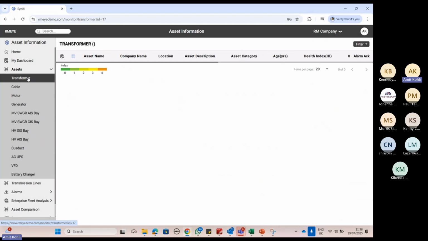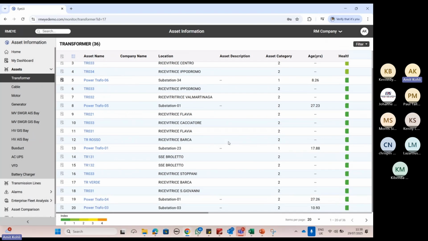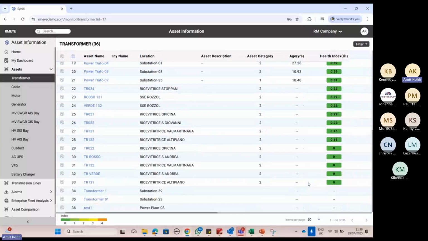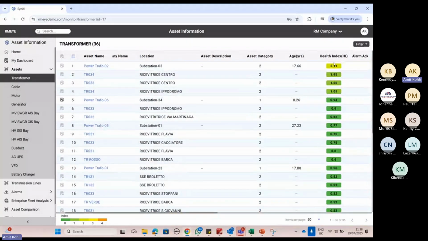And as soon as I click on any of the asset classes, it tells me all the assets that are configured into the system. So if I click on the transformers, I currently have 36 transformers in this system. If I see all the 36 transformers on one page, I can see all the 36 transformers and their health index. And if I sort the health index, the higher the health index, the more risky to operate the transformer. So if I put it in descending order,